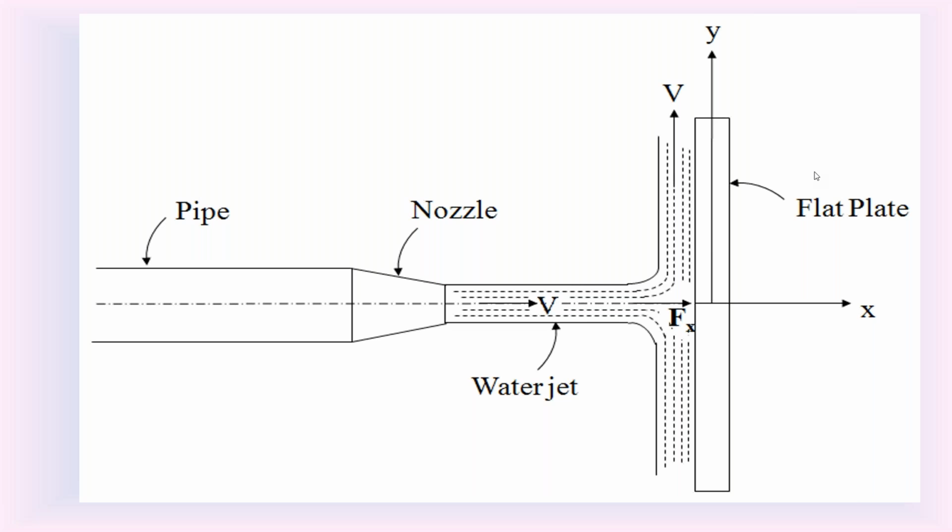Final velocity is not 0. Final velocity is v. But since we are calculating the horizontal force Fx, we must consider the horizontal component of final velocity v. Since final velocity v is vertical, the horizontal component of final velocity is 0. So that is the derivation of Fx. Any doubt, students, in this discussion of force Fx? If you have doubts, please unmute your mics and discuss with me.